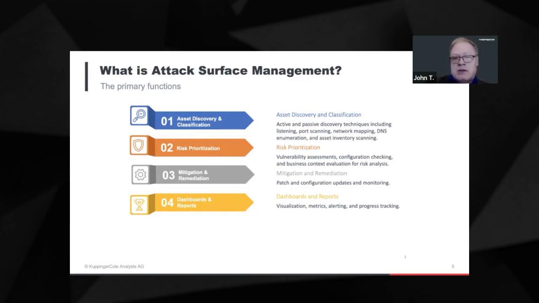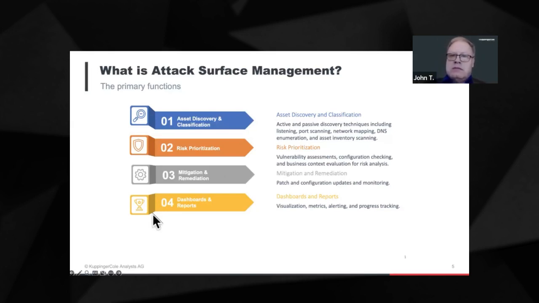In the case of passive, it's listening on a network, trying to figure out what traffic is going by. Active would be more active things like actual port scanning, going through DNS, looking for records, doing network mapping, and